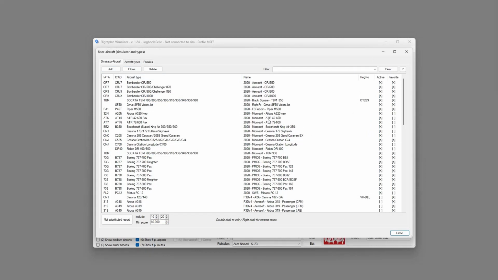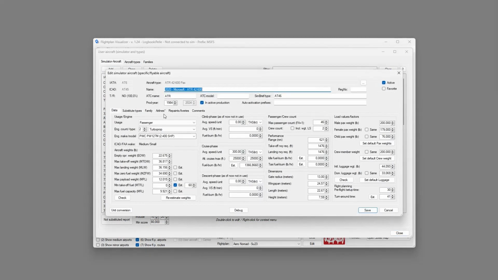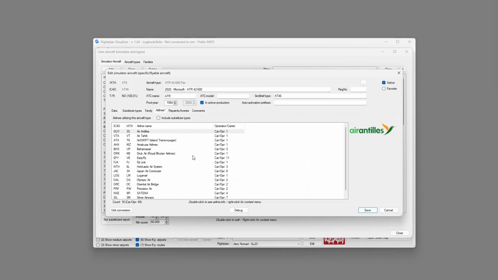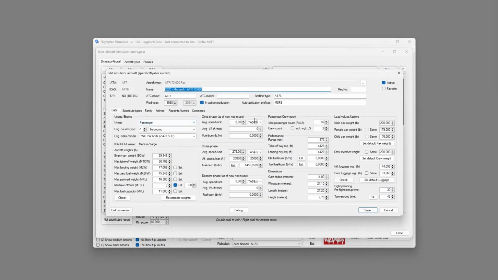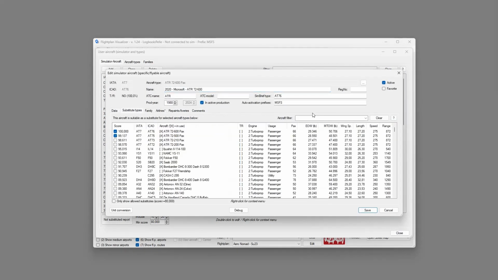For example, here with the ATR, you can see again which airlines are operating the aircraft type on which the simulator aircraft is based. You can choose if you want to include the substitute. If I choose ATR 72 and I go to substitute and I type 400,